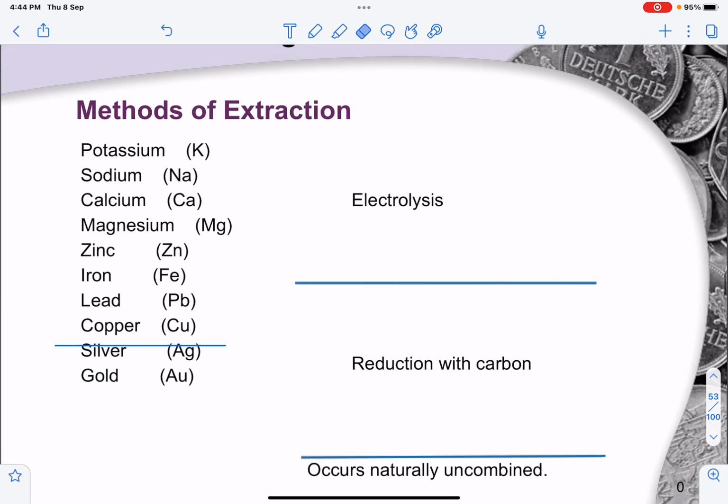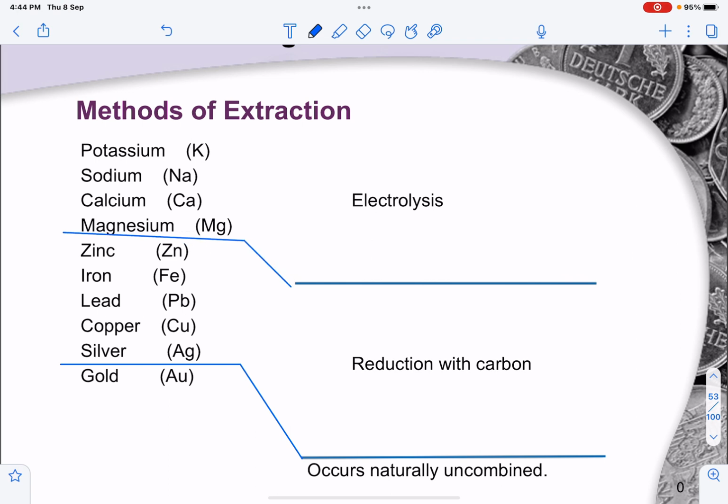this one. So what we can see is the occurring naturally cuts off at gold. Then of course from magnesium until potassium is electrolysis, then of course zinc to silver is carbon. This is for extraction. There is also the part where we can differentiate it by reactivity with cold water, steam,